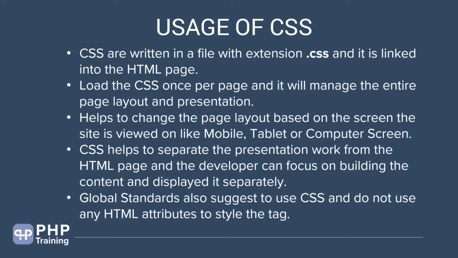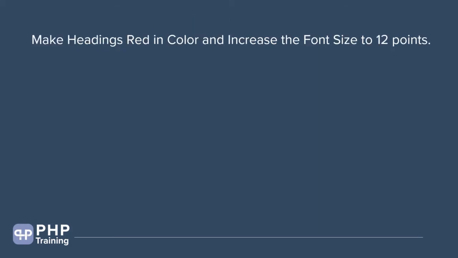Alright, so let's look at an example of a CSS. Let's say someone asks you to do this task. Someone says, okay, you have an h1 tag and it is black in color. Can you change the h1 tag output, which makes the text red in color, and increase the font size by 12 points. Okay, maybe the font is 10 points. You want to change it from 10 to 12, and you want to change the color from black to red. Okay, this is not possible in HTML because you can still use some attributes to do it, but that is not recommended. This kind of job, wherein you are changing the color, increasing the font, this kind of stuff is done in CSS.